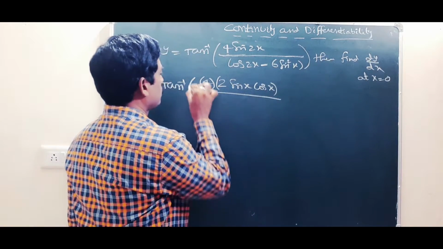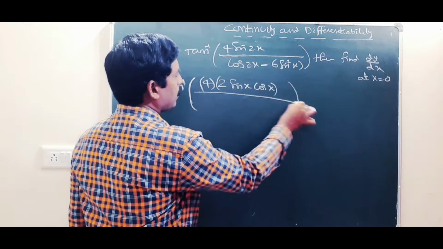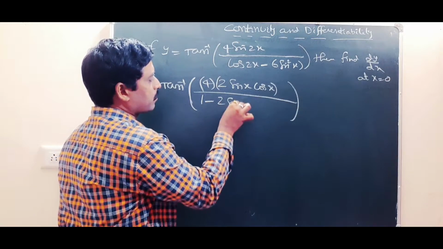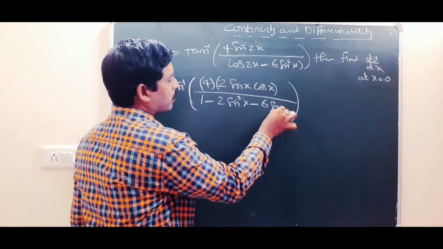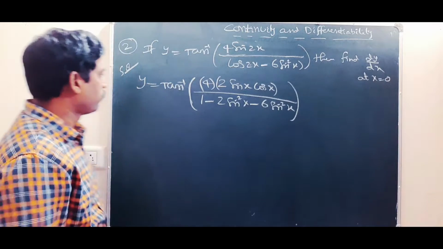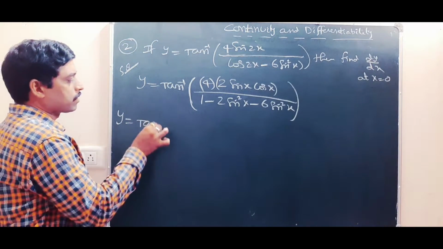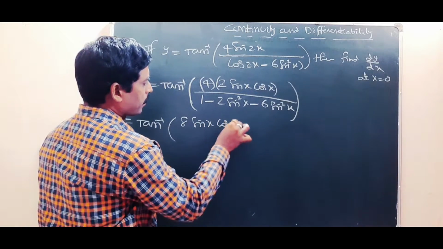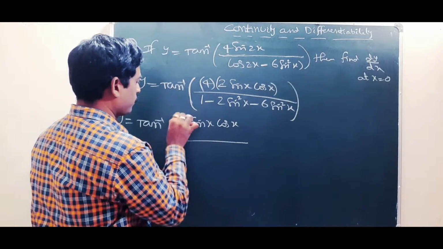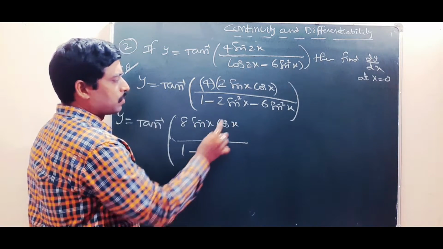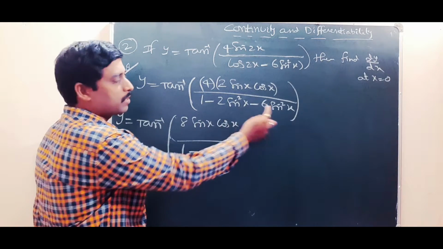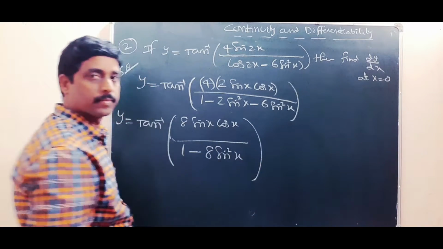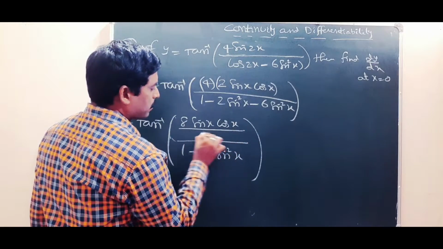Okay, it is divided by cos 2x. Cos 2x formula we have 1 minus 2 sin square x, minus 6 sin square x. So y is equal to tan inverse of 8 sin x into cos x upon 1 minus 2 sin square x minus 6 sin square x, that is 1 minus 8 sin square x. Okay, so divide cos square x on numerator